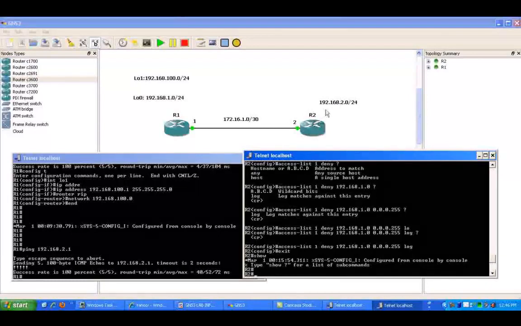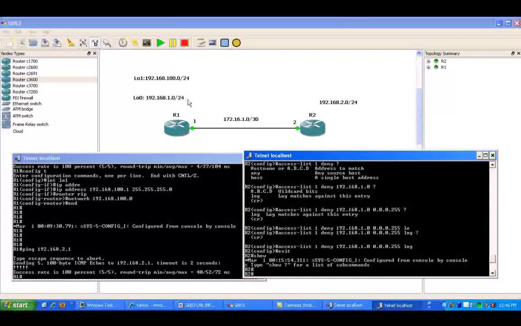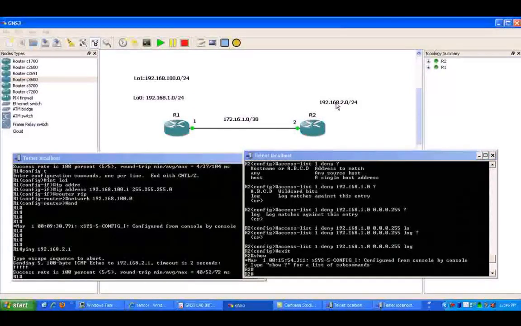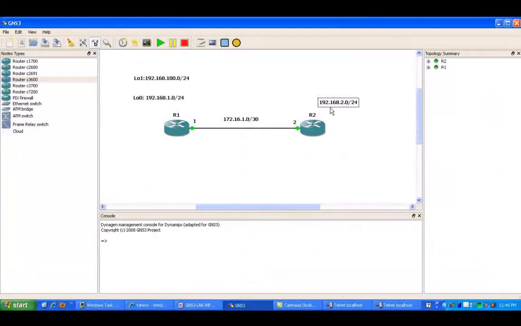Just using a standard access list, that's what we're going to see here. Anytime it sees the source IP of 192.168.1.0, anything within that /24 subnet, it's going to deny all that traffic, regardless of whether it goes to the loopback 0 interface or